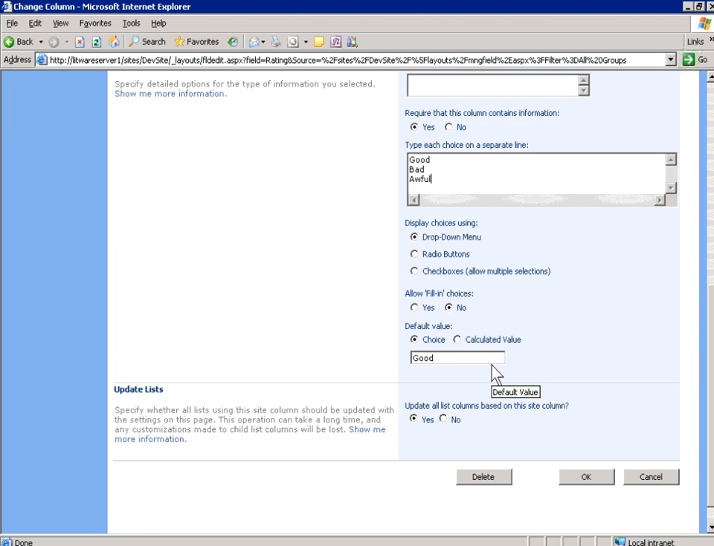Now, before I click OK, I want you to notice down here at the bottom of the page that allows you to update a site column is a radio button saying, do you want to update any of the lists and document libraries that have already used this site column? So typically we want to leave it with the default answer of yes. That's what we're going to do in this case. I'm going to click OK, and any list and document library that's using the site column definition is going to